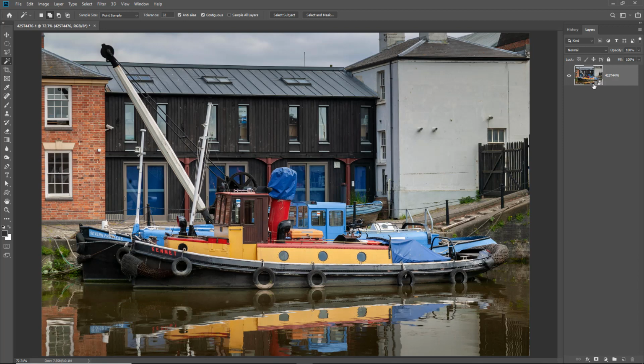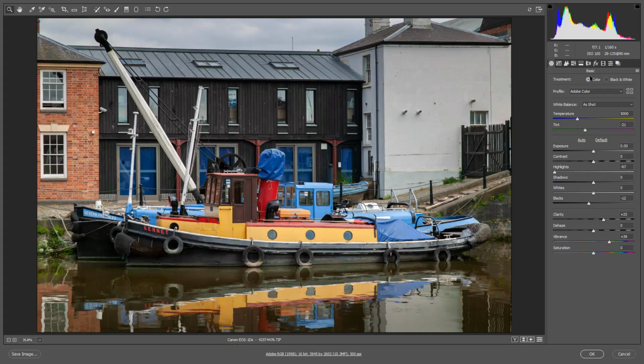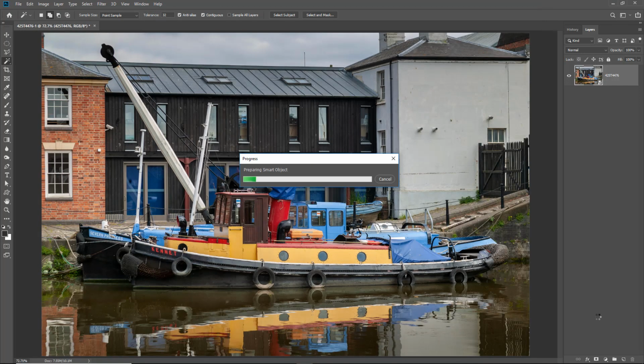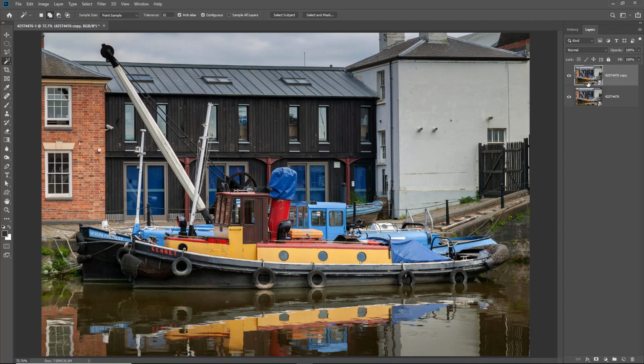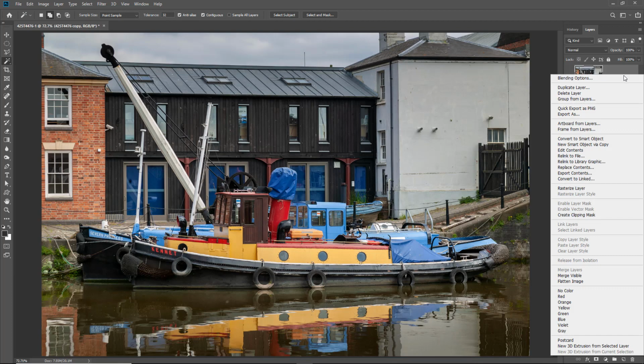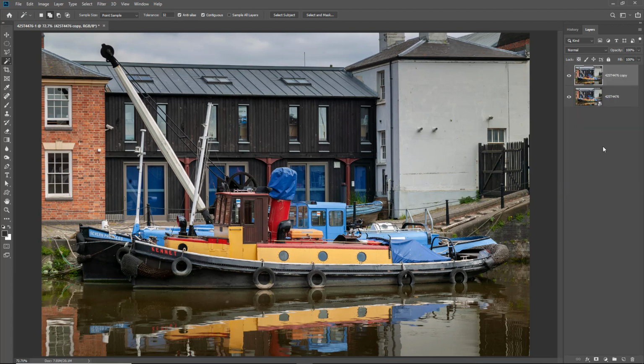Now I'm working here on a raw smart object, so even though I've reduced the resolution of this image by about half, I can double click the thumbnail. We can go straight back into Camera Raw. I could make as many changes as I wish, and then I could click OK to apply those changes. What I'm going to do here though is make a direct copy using Control J, and I'm going to right click alongside the thumbnail because I'm going to rasterize the layer. So I'm going to keep this one as my failsafe,